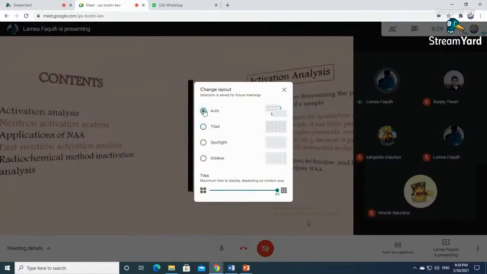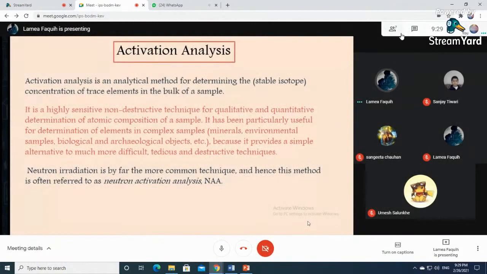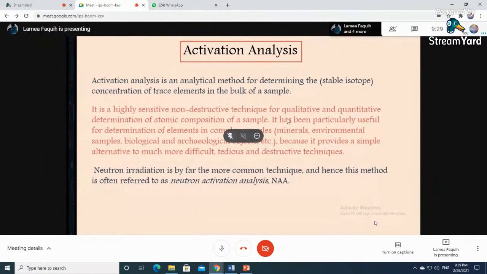Let us start with activation analysis. Basically, activation analysis,